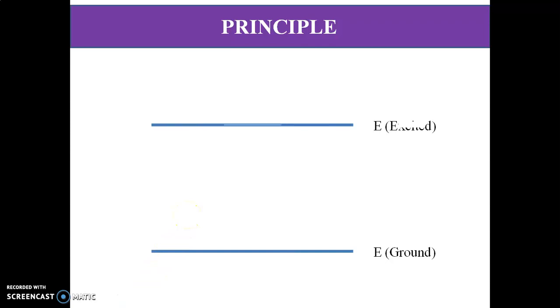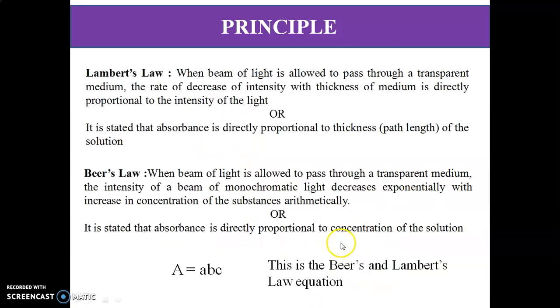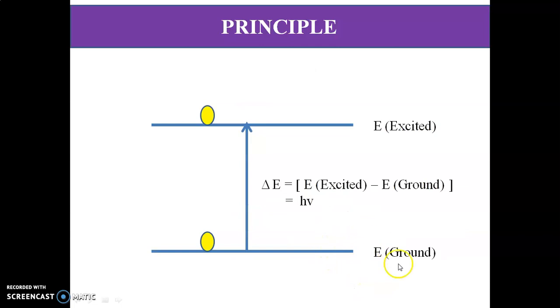When UV or visible radiations are allowed to pass through a medium or matter, it absorbs ultraviolet radiations. Energy of the electron present in the molecule undergoes excitation. This causes them to jump from a ground state energy level to an excited energy level. Small amount of the energy is associated with ground state energy level, whereas large amount of the energy is associated